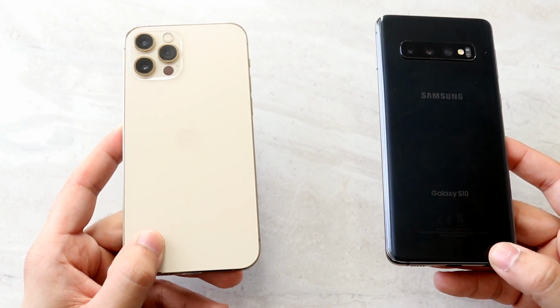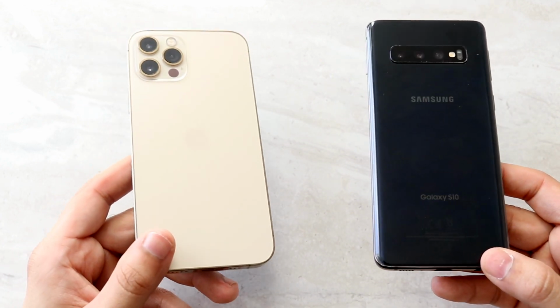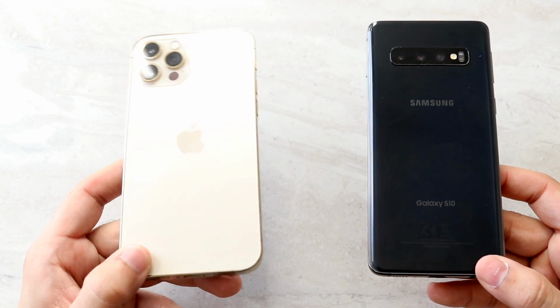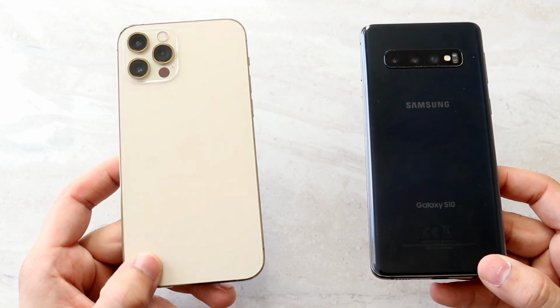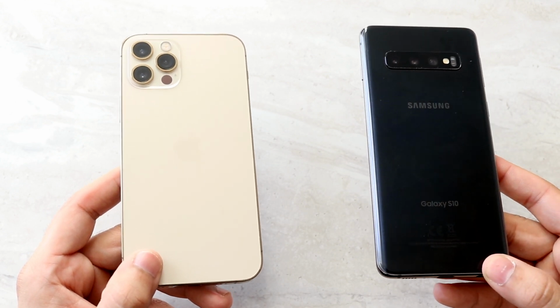And this one even had better battery life than my iPhone 12, which has better battery life than my iPhone 12 Pro. So that's something that kind of says something, in my opinion. I think the 12 Pro's battery life is okay. I've been using it as a main phone. It definitely hasn't wowed me by any means, but the Galaxy S10 probably has better battery life when it comes